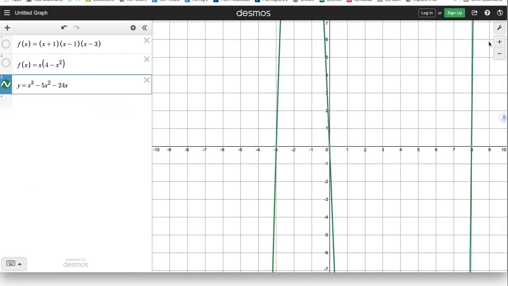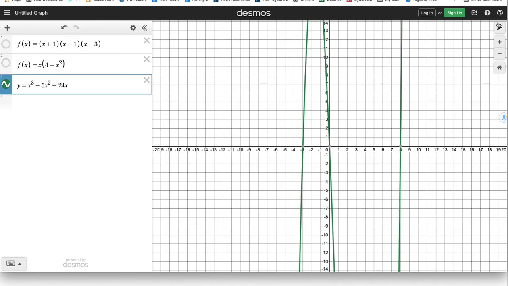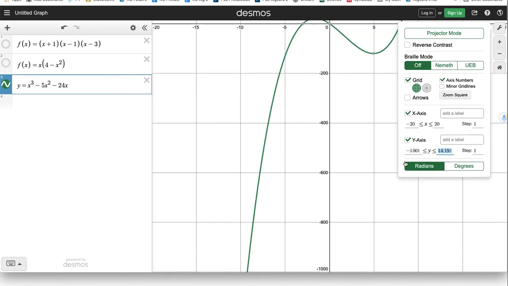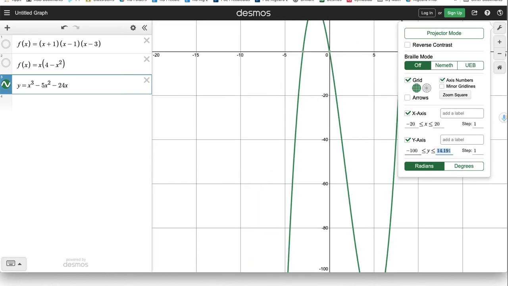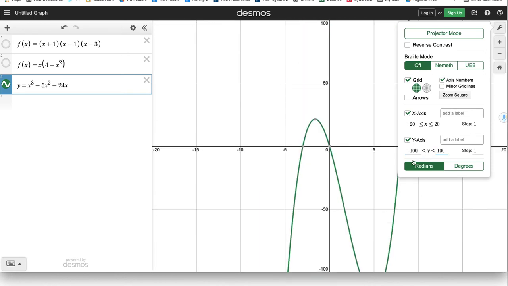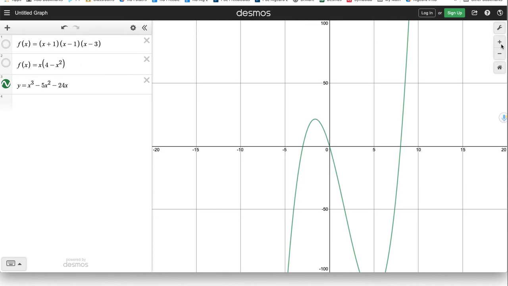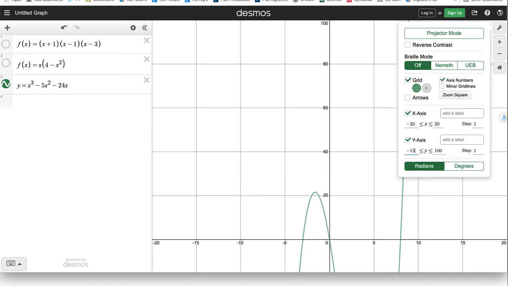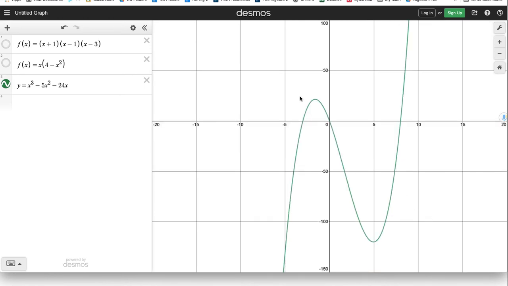I can't see the maximum and the minimum, so you can either click zoom in or zoom out, or you could adjust the window dimensions. You can make the y values go a bit lower. Let's say negative 100 to 100. That's big enough for the relative maximum, but it's not for the relative minimum. So I'm going to go a little bit smaller, maybe negative 150, and there I can see it. And again, we have the fortunate feature of being able to lock on here, and we get negative 1.616,